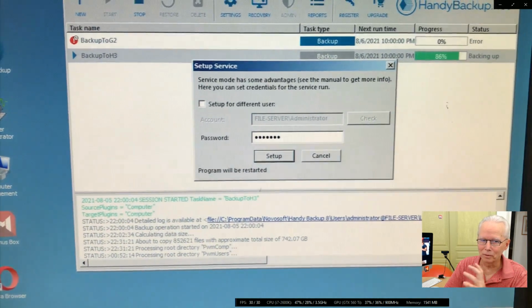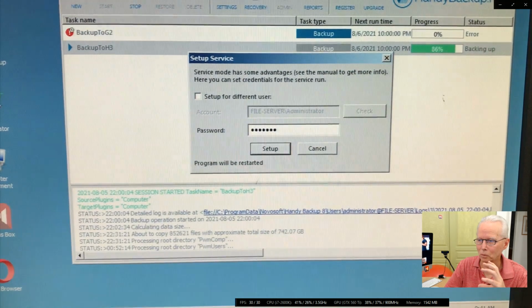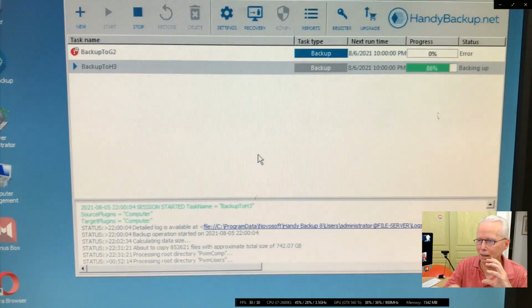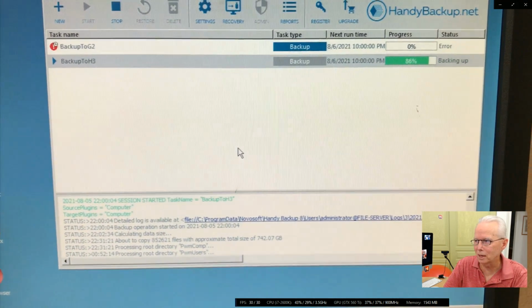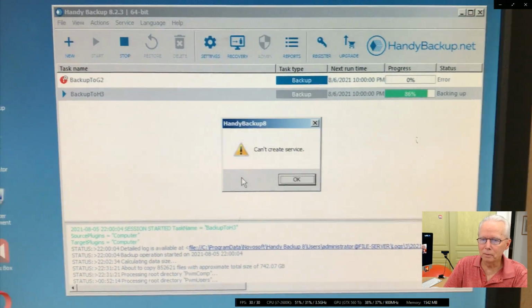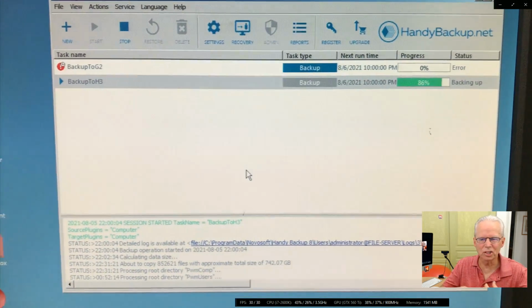And I know I'm moving the camera around. I'm holding my phone in one hand, trying to type with the other hand while I'm trying to look at the keyboard and look at the screen and trying to keep it steady. And I need to find a better way to do that. But anyway, it would not immediately stop. I tried to create a service just to break it out of